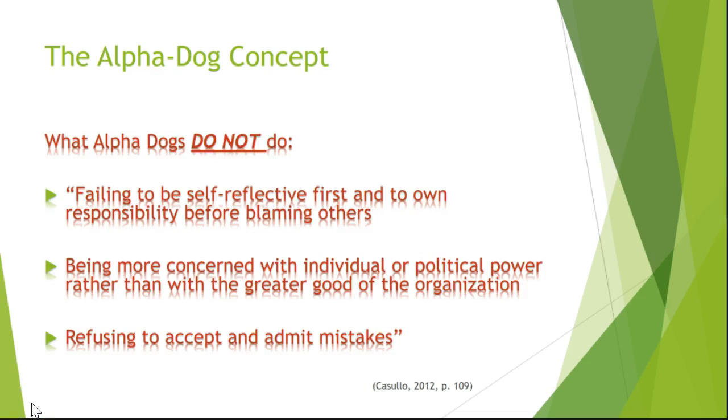Finally, we look at three things that alpha dogs do not do. It is easy to look at leaders and think that they are alpha dog leaders until their actions are put to greater scrutiny. It is important to self-reflect, not look outward to place blame. The best leaders are always looking for what they could have done to be better. This is also true of the best teachers. They do not blame students for failures, they look to themselves for how they could have acted differently to change